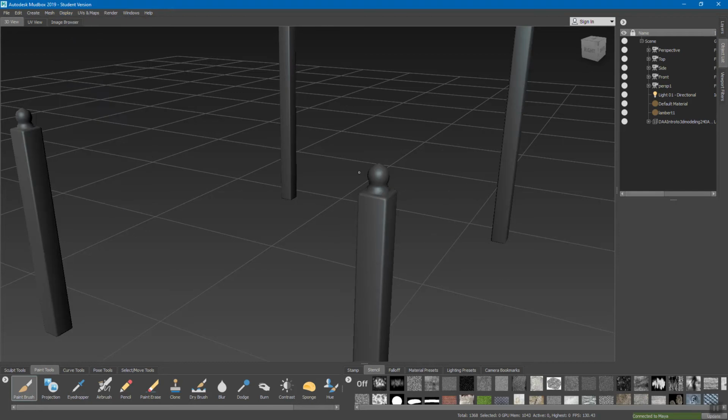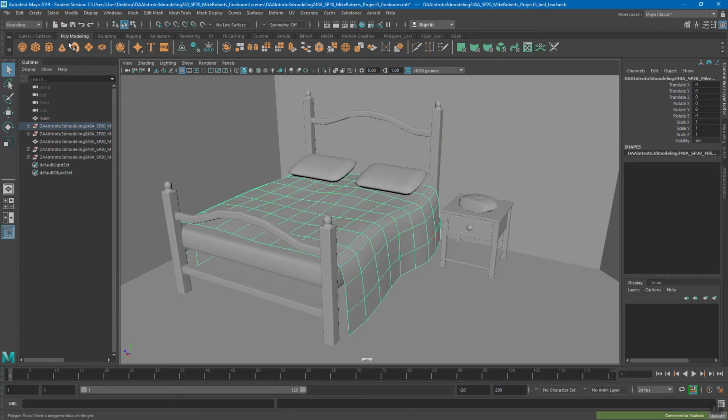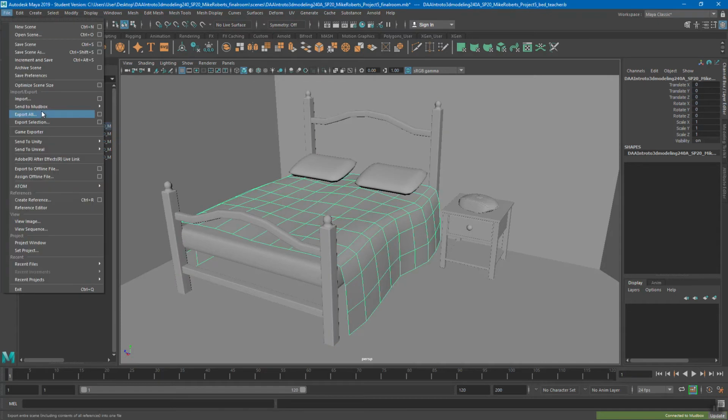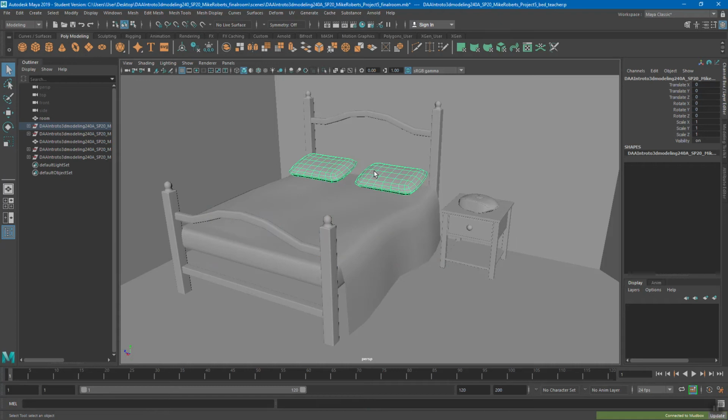Alright. So I'm going to go back to Maya and select the blanket, right? And we're going to go File, Send to Mudbox, but this time we're going to add to the current scene because we've already started the new scene. We just want to add this blanket to the scene that's already open in Mudbox. So, add to current scene. There's our blanket, and then we'll go back and grab the pillows